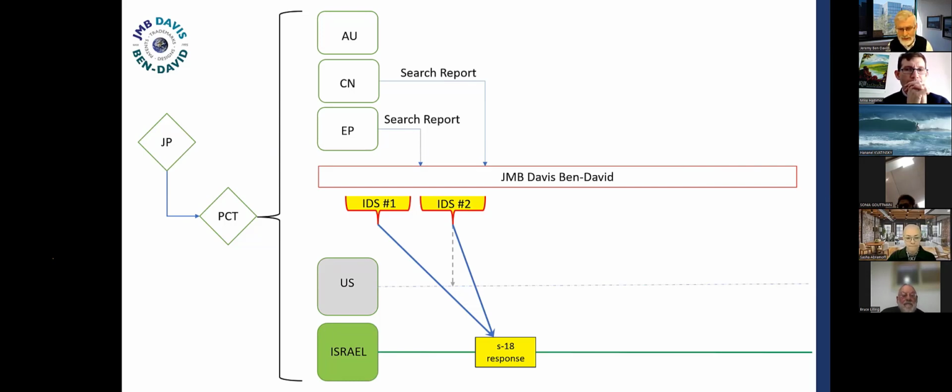This is the notice prior to examination, where there are a number of requirements under Section 18 of the law. I'm not going to go into all of them, but one of the things is that we then need to file essentially what is equivalent to all the IDSs that we have filed up till then. And that includes all non-material references.